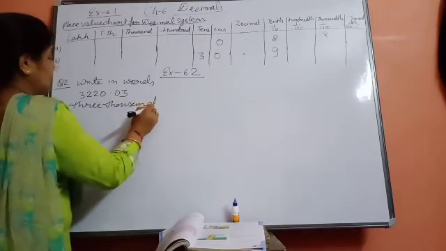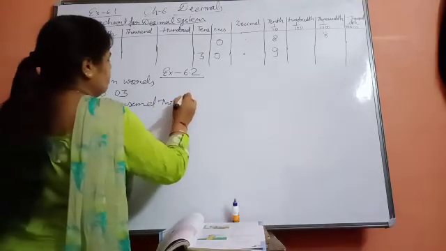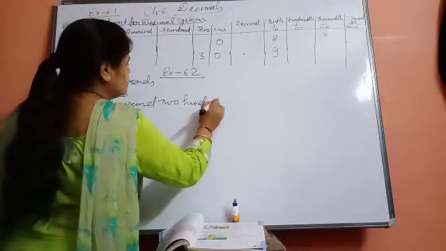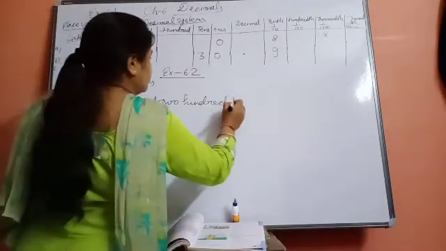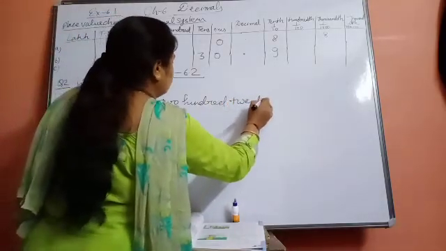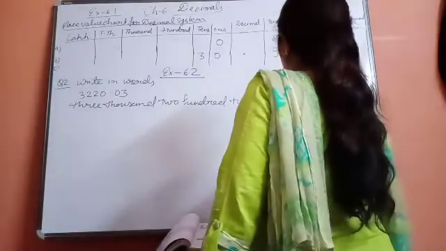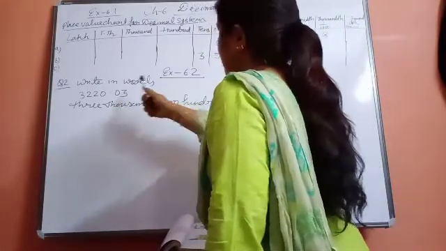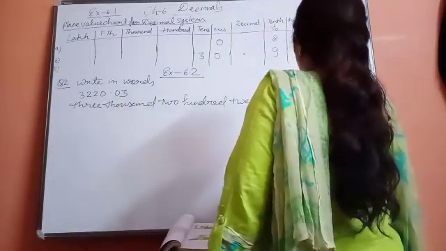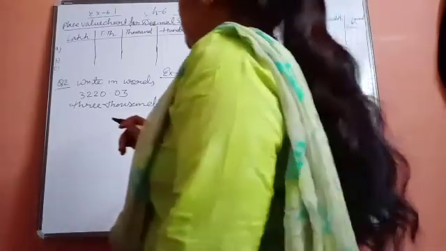Everybody is able to read this number. 200, because we are doing this from class 3rd, 4th. 320. Then after that, what is that? Decimal. And for decimal, what do we write in words? Point. Okay. Then we will read it as 0, first 0 and then 3. 0, 3. So this will be in your words.